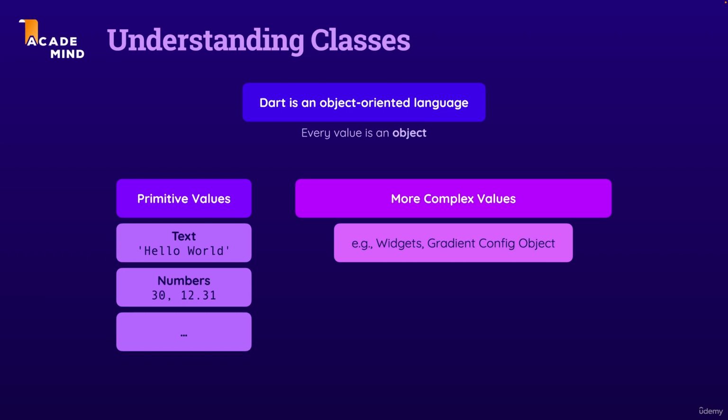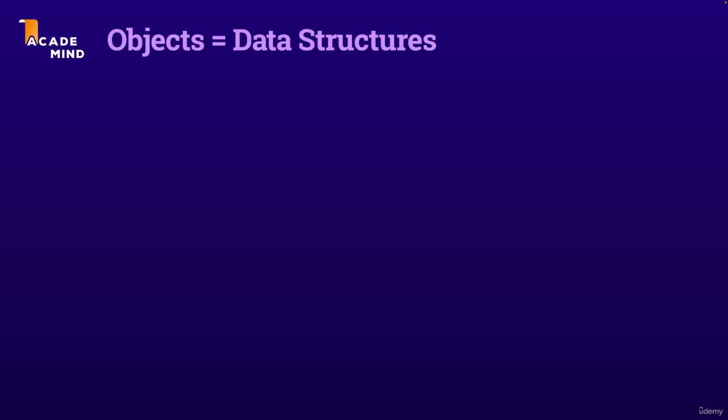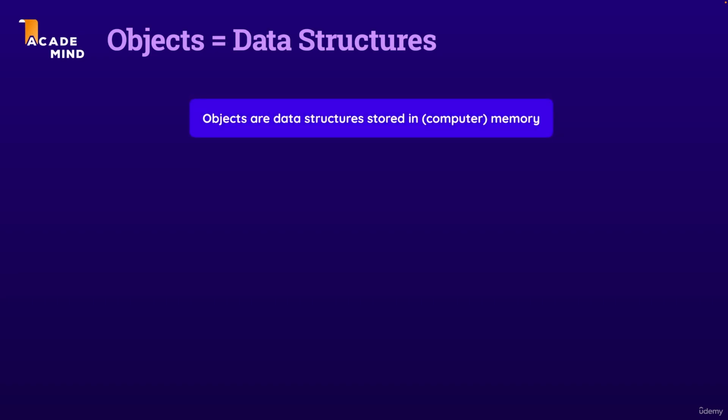That includes simple values like text or numbers, but it also includes more complex values like widgets. Everything is an object, but those more complex objects are built based on classes, which act as blueprints for objects. And objects are in the end simply data structures stored in computer memory, so in the device memory on which your application is running. And these data structures store data, like for example the text of a text widget that should be output on the